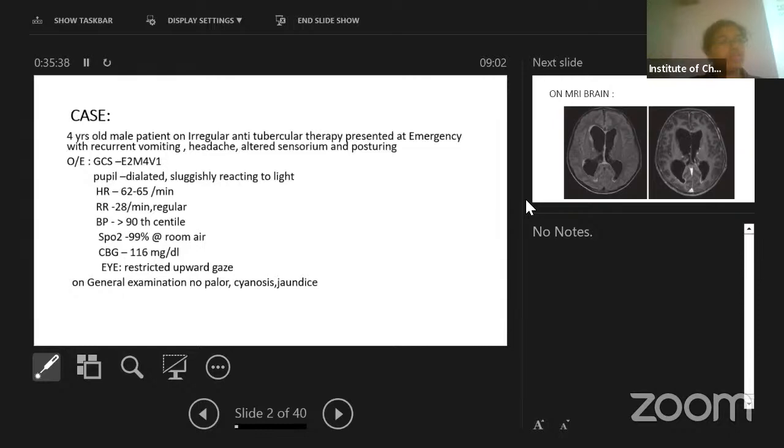It's progressed. Initially, there will be anisocoria, inequality of pupils on the two sides. Later, it will become sluggishly reacting and then mid pupil. কিছুতেই রিঅ্যাক্ট হচ্ছে না।